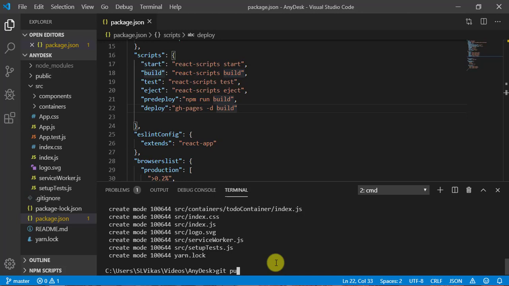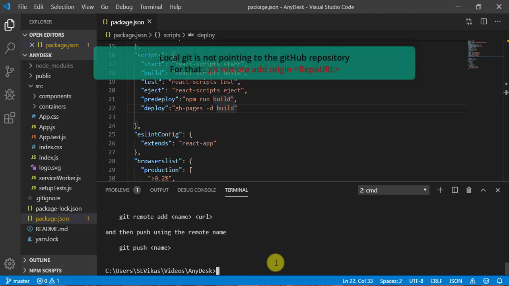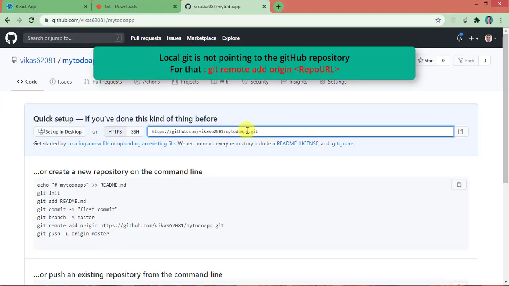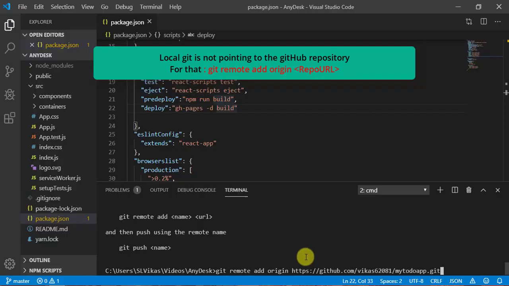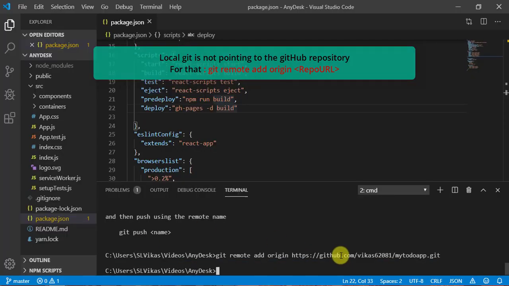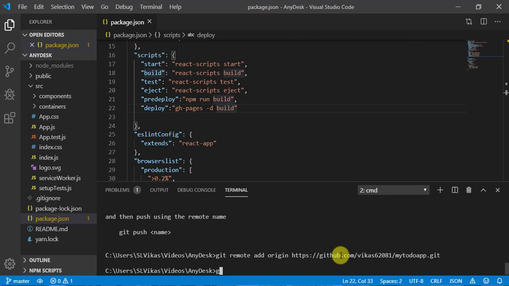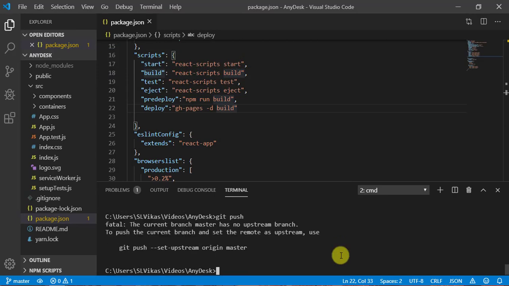Now we need to push. For git push, we first need git remote add, so let's write git remote add origin, and we need to copy this link and paste it here, hit enter. We are done. And now git push.